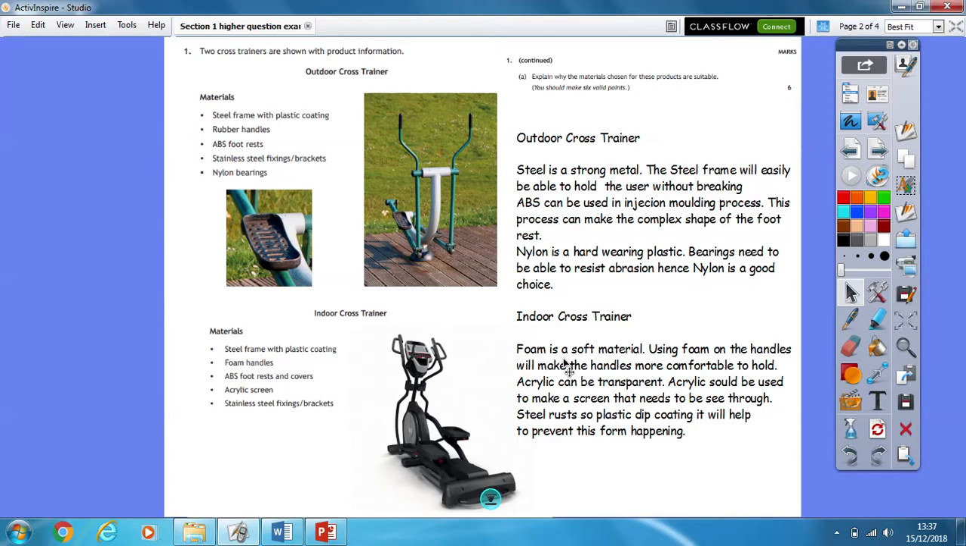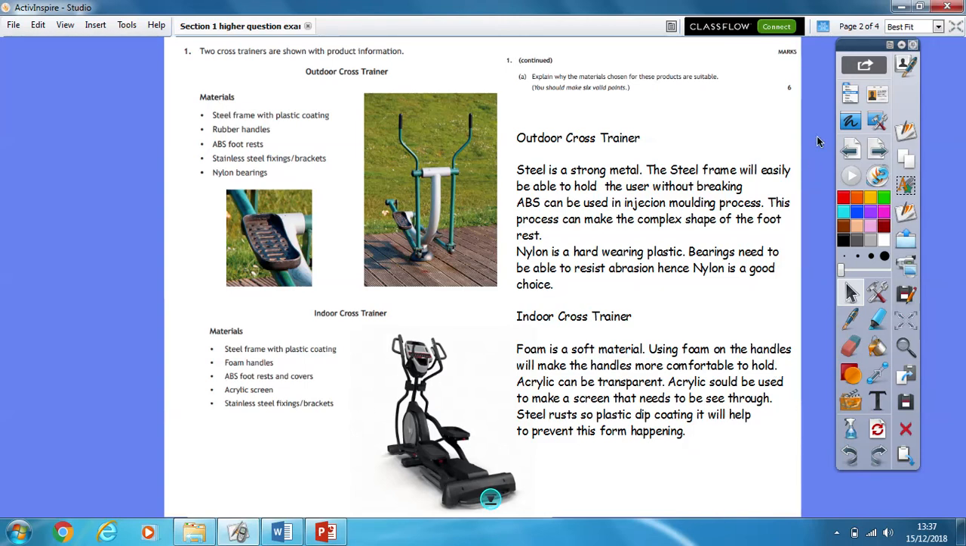So for the indoor cross trainer, we've got foam. Foam is a soft material. Using foam on the handles will make the handles more comfortable to hold. Acrylic is transparent, so acrylic could be used for a screen that you need to see through. Steel rusts, so plastic dip coating will help to prevent this from happening. So there is how you would go about writing down your statements, and we need 6 of them